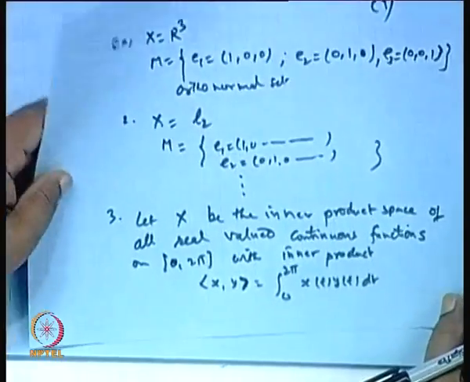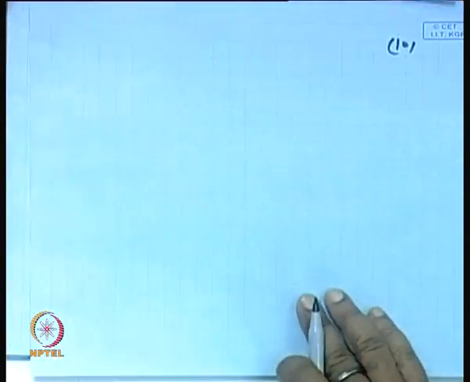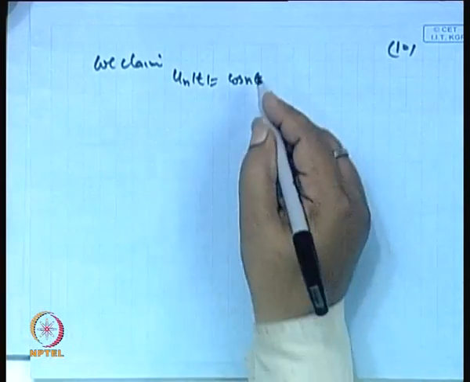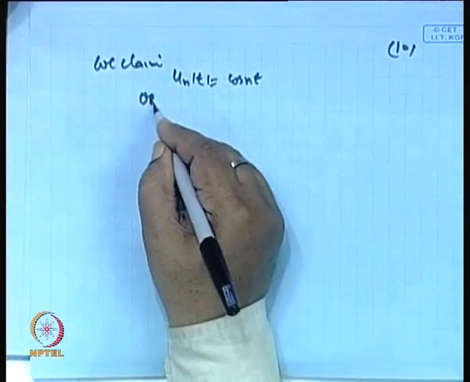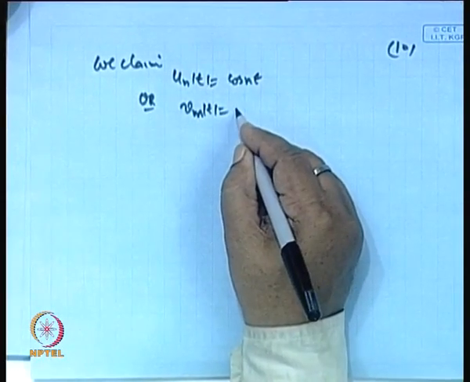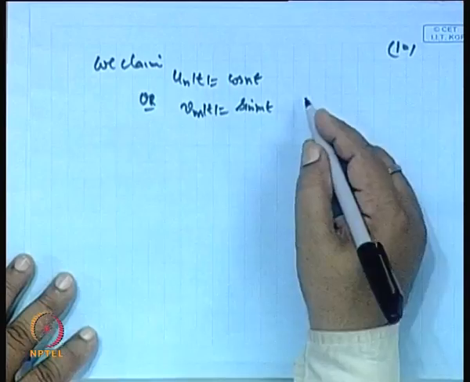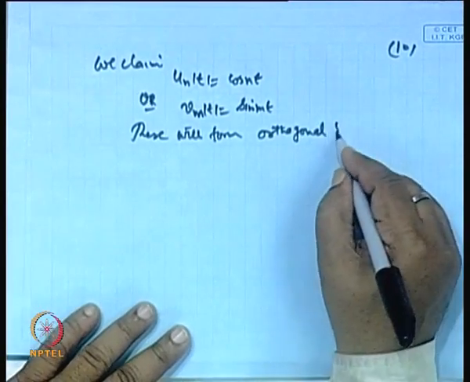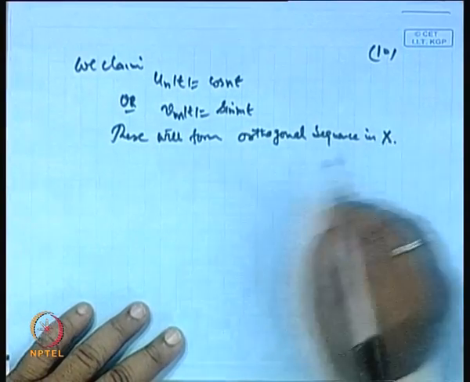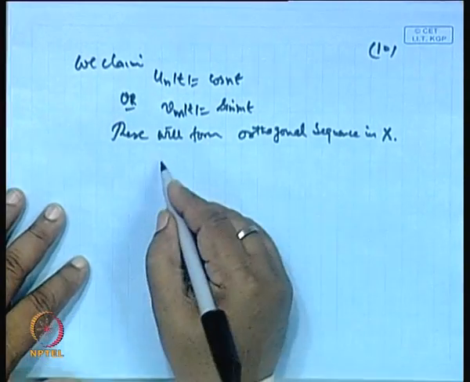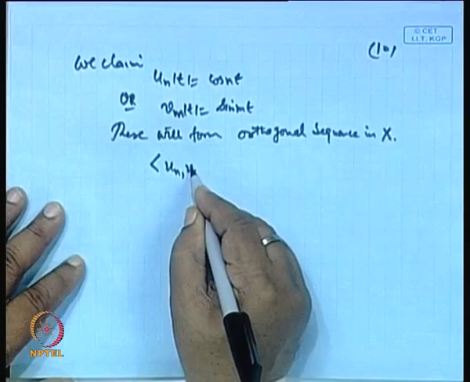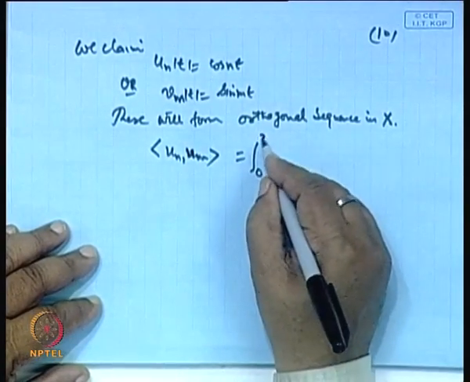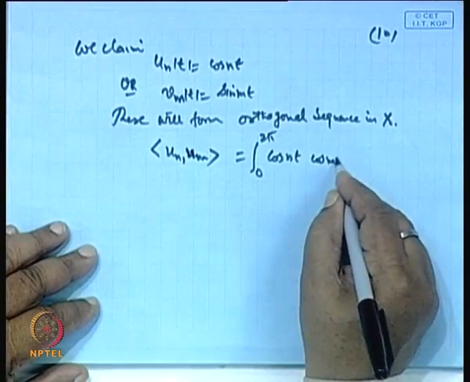Now, an orthogonal sequence in this case, we claim that u_n(t), which is cos(nt), or v_m(t), suppose sin(mt), these will form an orthogonal sequence in X, because if we take the inner product of u_n, u_m, just u_n, then what we get is